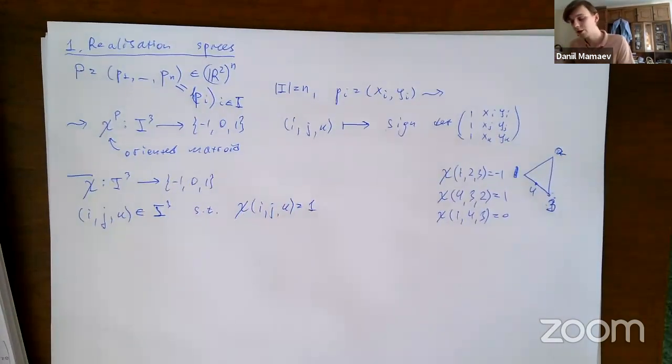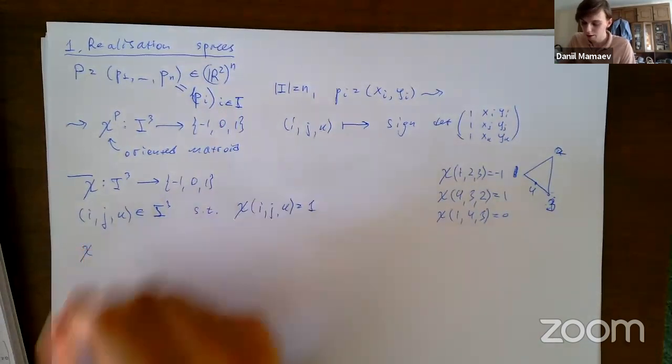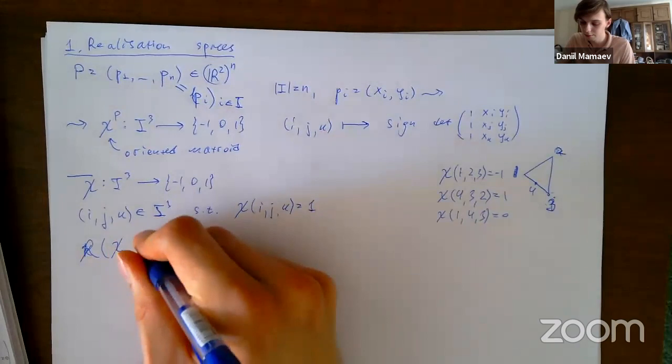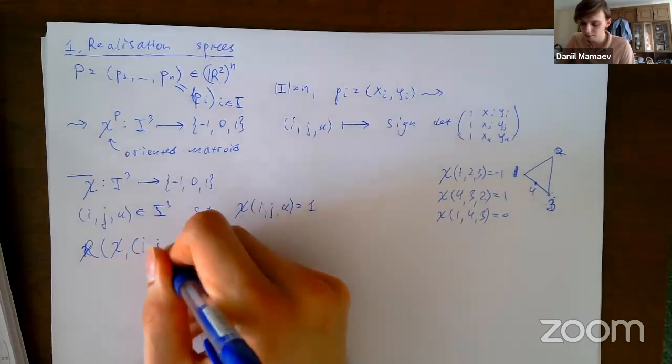We make this choice of three indices because we want to factor out an affine transformation. So then we define a realization space of chi with this basis